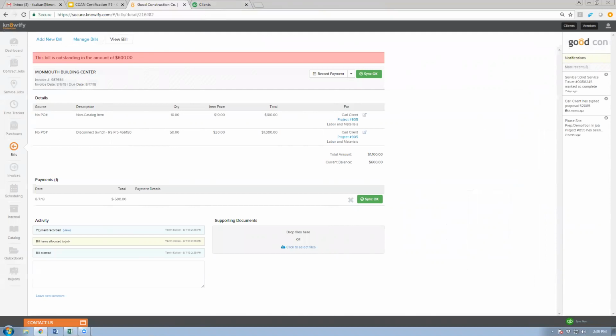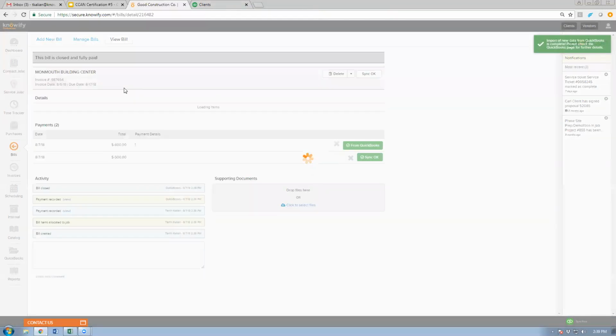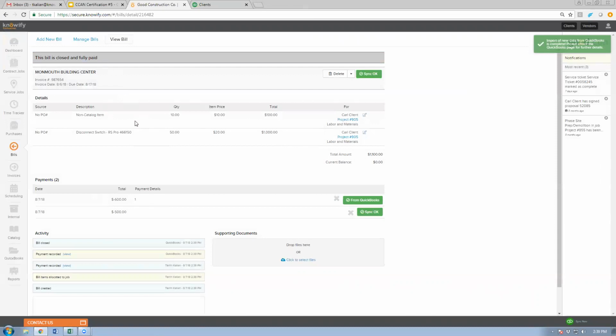That's where this Sync Now button comes into play. So if I hit that, it's going to automatically pull that payment into my Knowify account, so that way I can have this bill close itself out. This bill is closed and fully